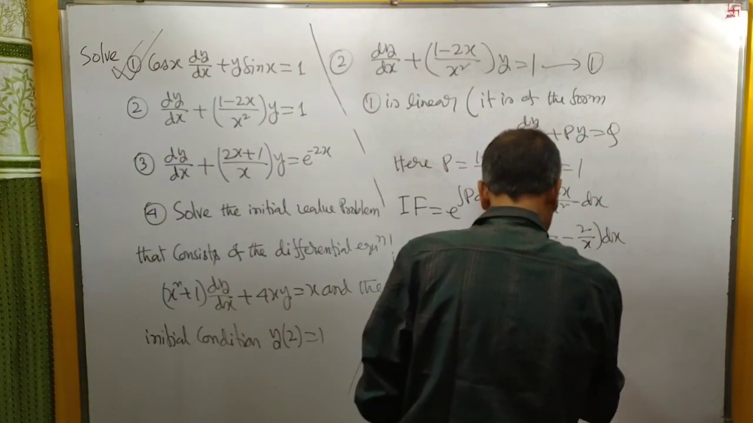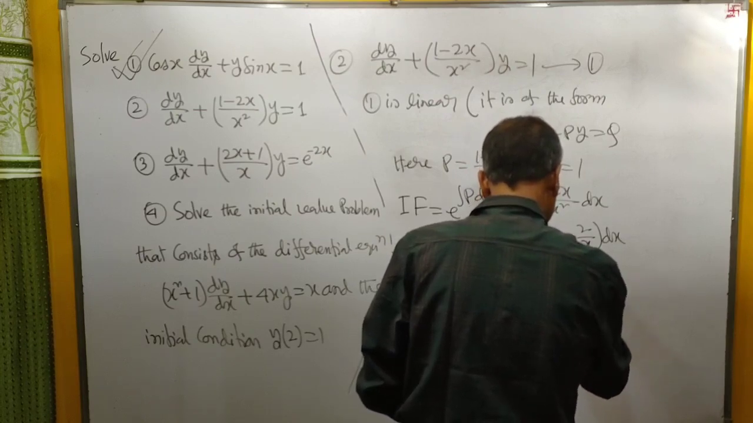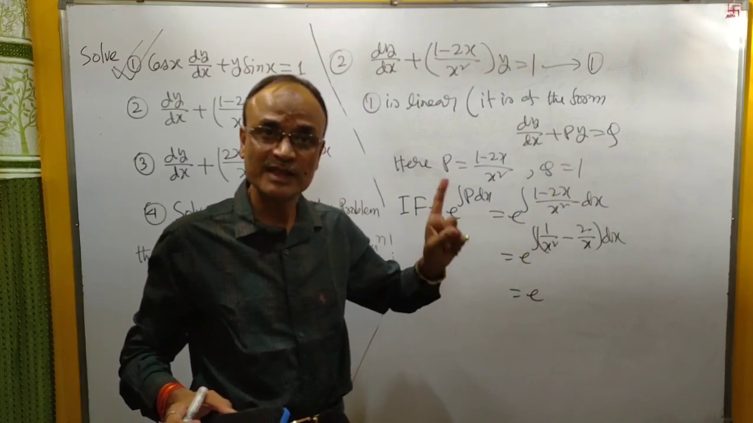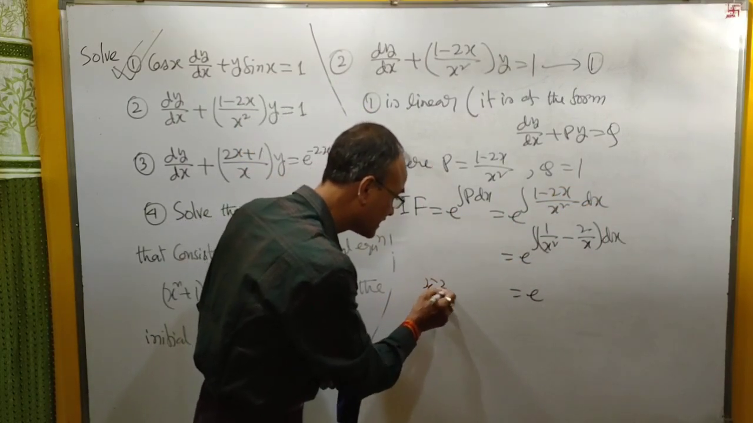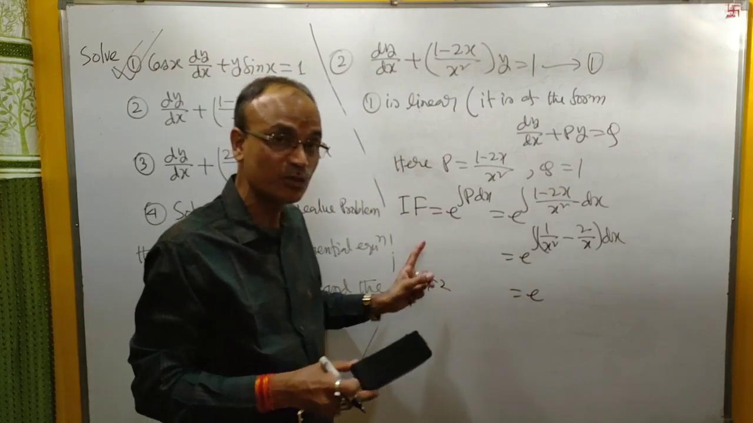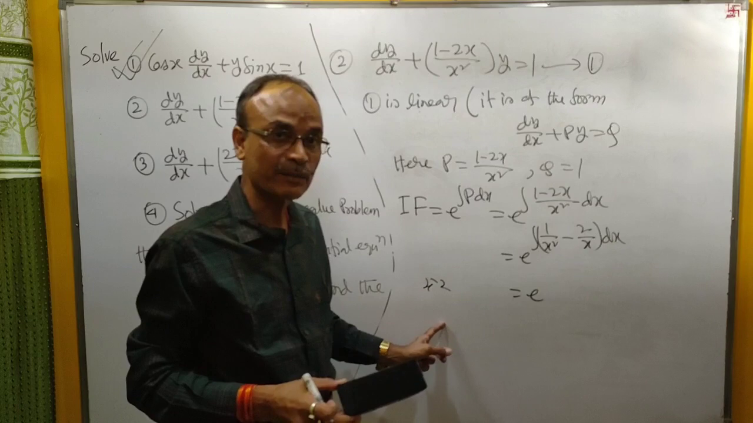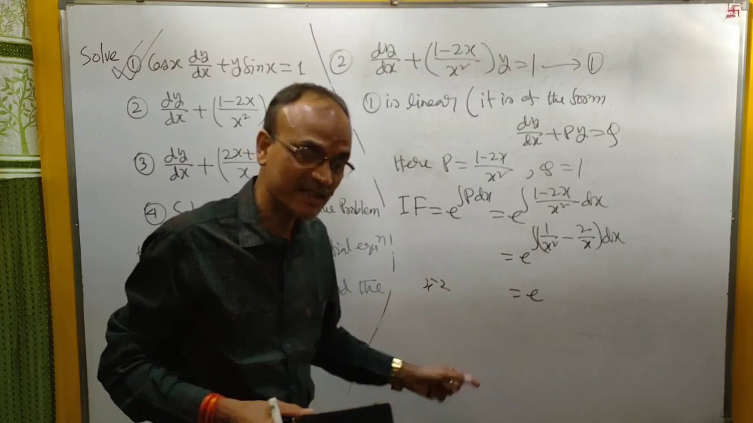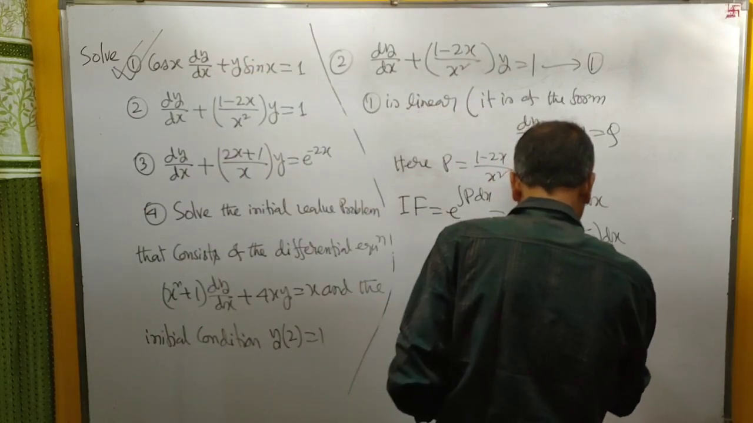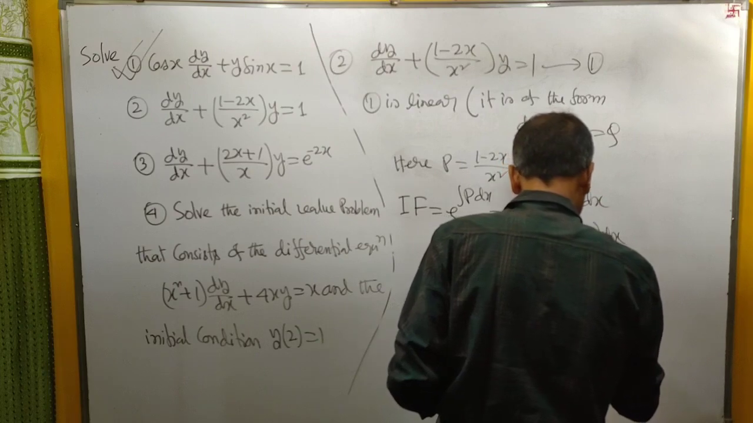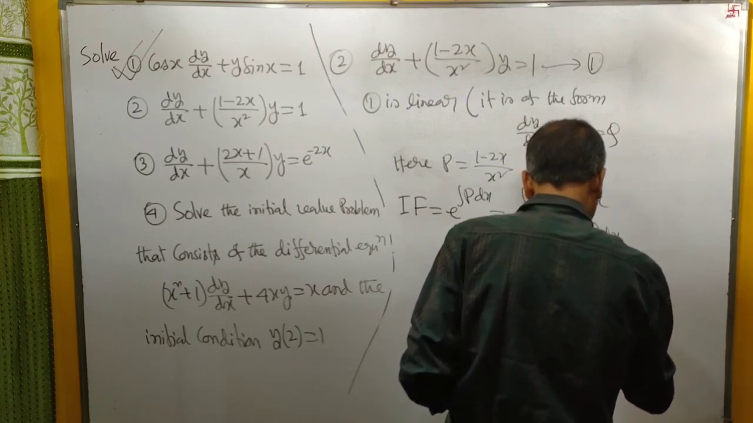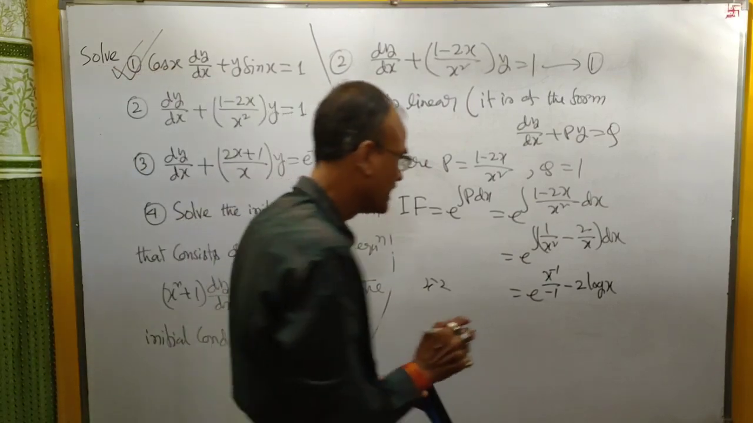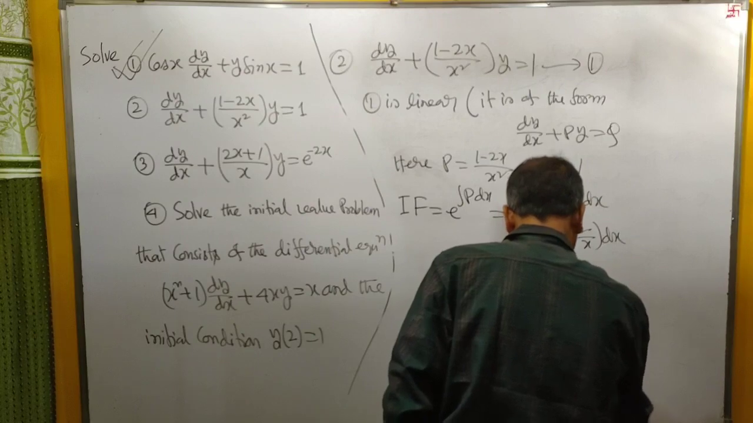1/x² means x to the power -2. The integral of x to the power n is x^(n+1)/(n+1), so x^(-2+1)/(-2+1) means x^(-1)/(-1). Then minus 2 times the integral of 1/x, which is log x. This is equal to e to the power (-1/x)